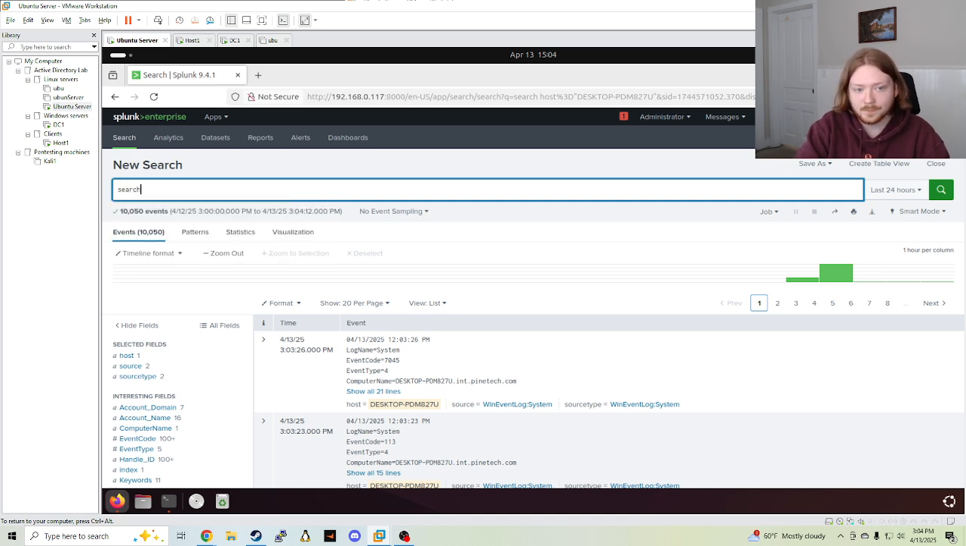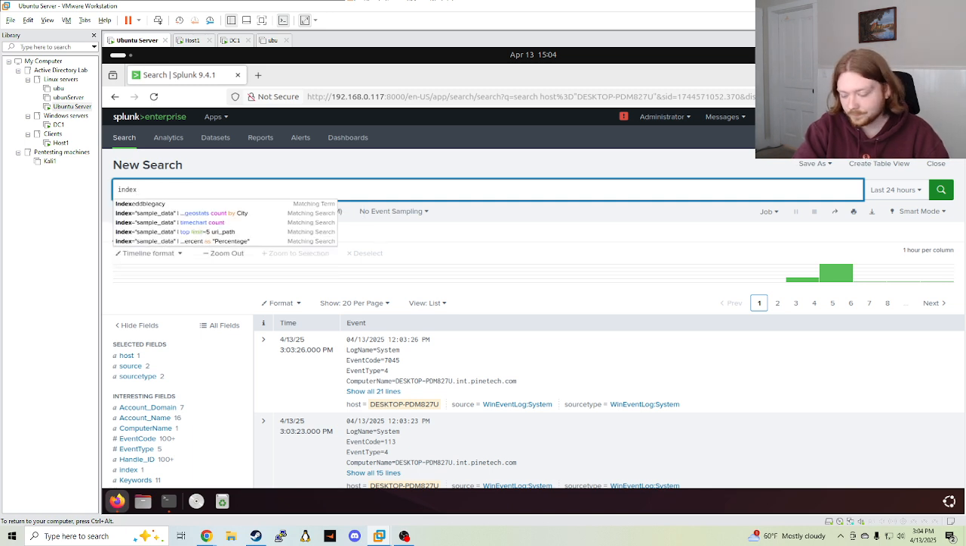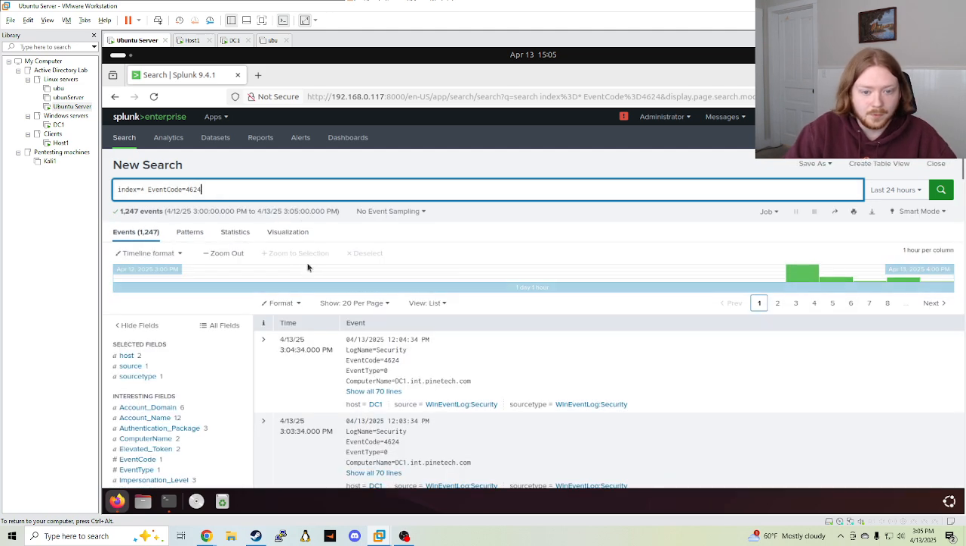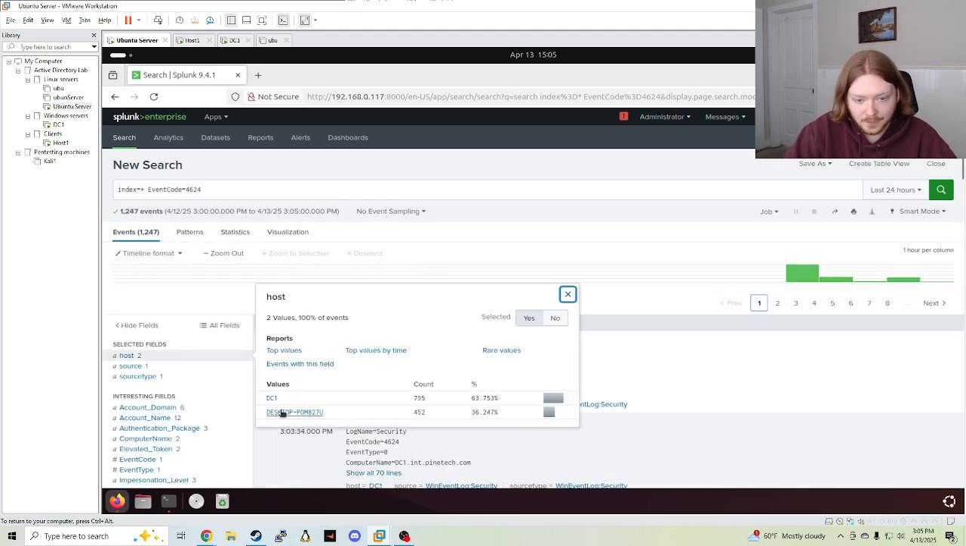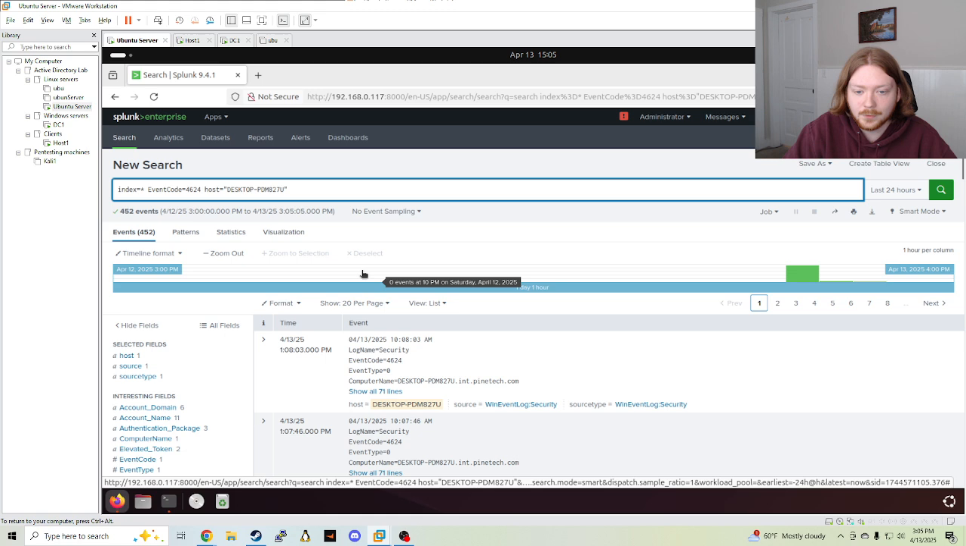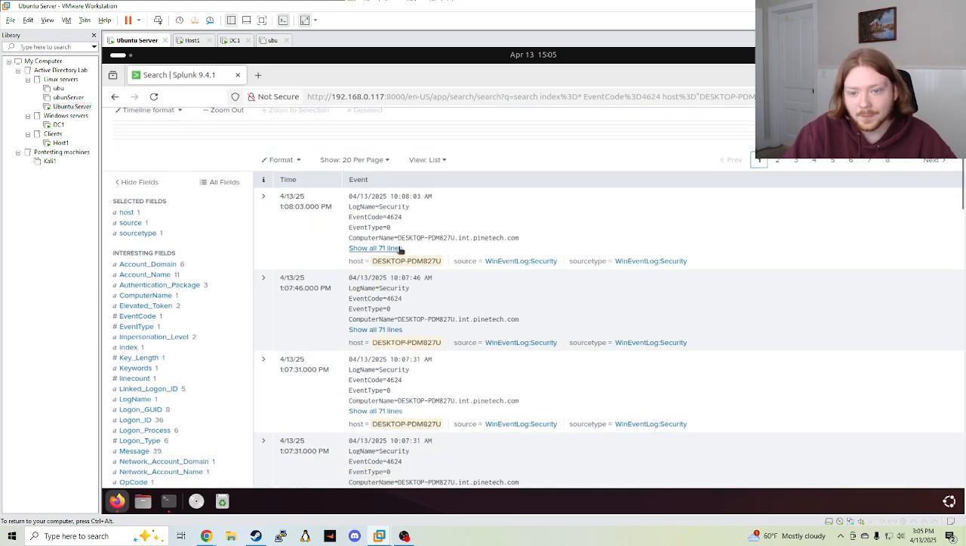So I'll do search index, or actually index equals wildcard, and I'll put this in here so it'll search all of our indexes, and this event code is for logon attempts, so we should see stuff going to the domain controller and that desktop. So we can add the host in there, and we'll filter just by the host machine, and we can see the login attempts that are made